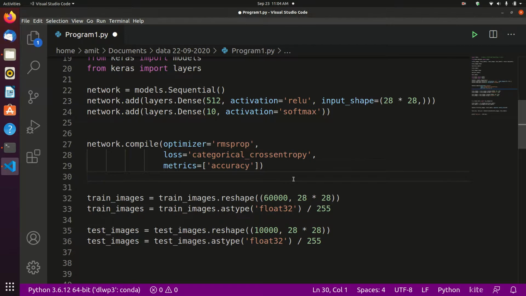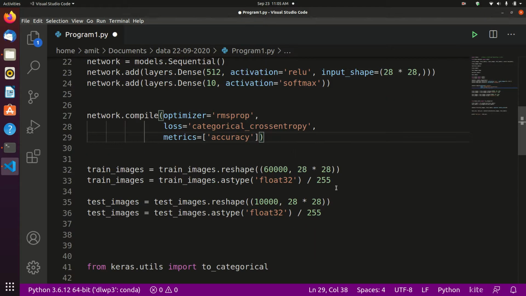Now, before training we will pre-process the data by reshaping it into the shape the network expects, and scaling it so that all the values are in the 0 to 1 interval. For fast processing, we are dividing the training data by 255, so that processing will be faster.